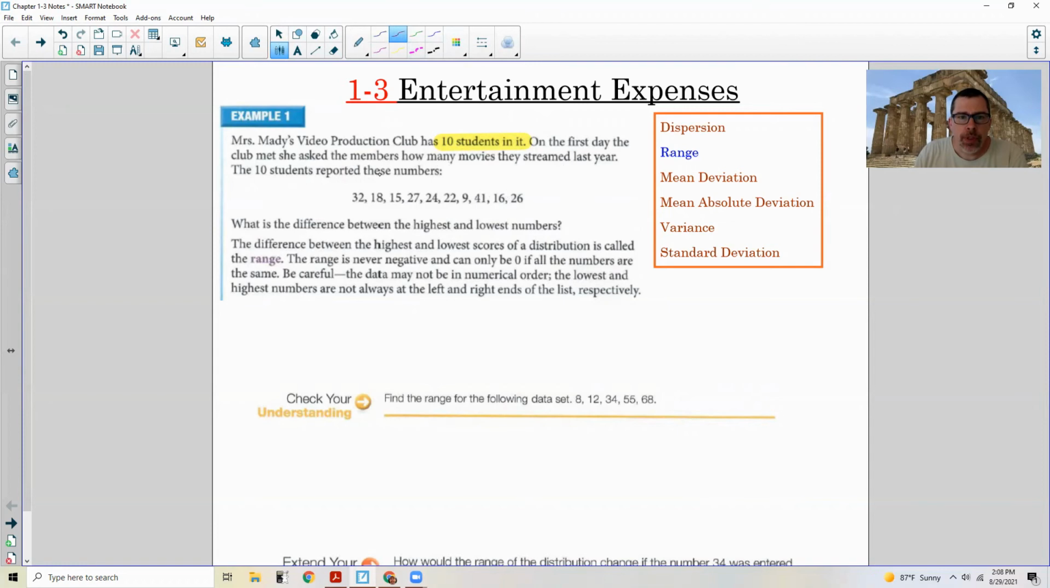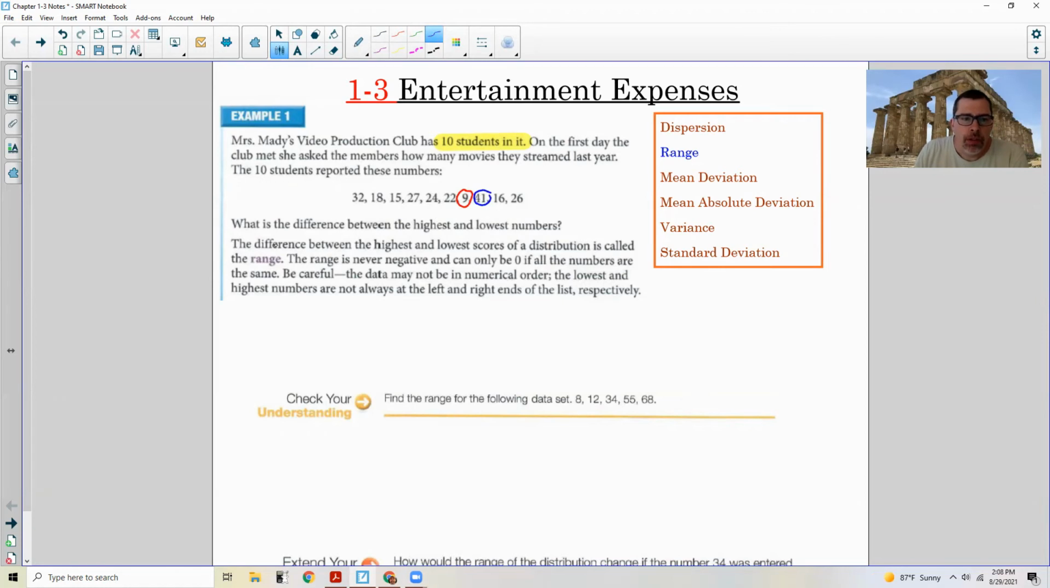So we don't always assume that they're in order. So notice 32, 18 is less, 15 is less than 18, and then it went up. So these numbers are just randomly ordered, and you want to look for the smallest number, which is 9. And you want to look for the largest number, which is 32, 41, 41. There's no other 40s. So these are our two